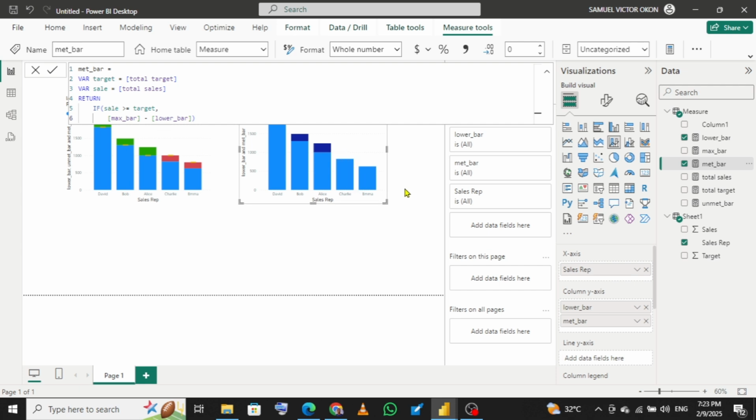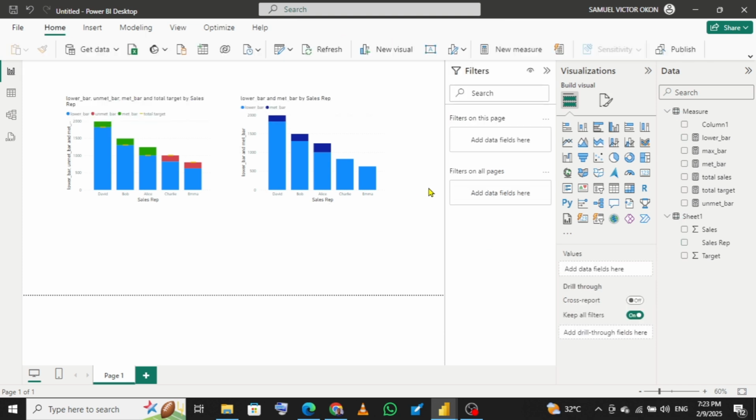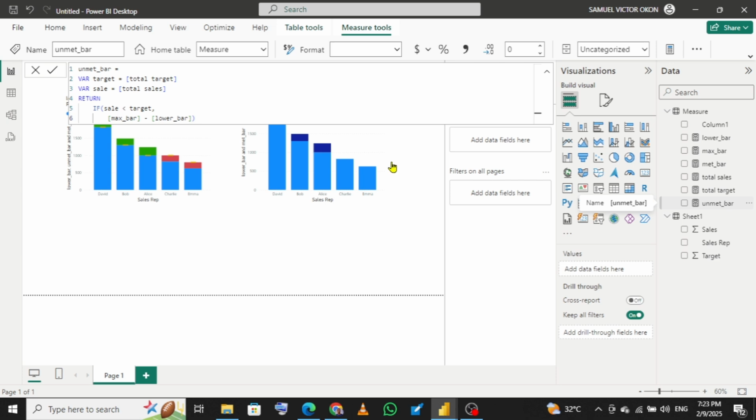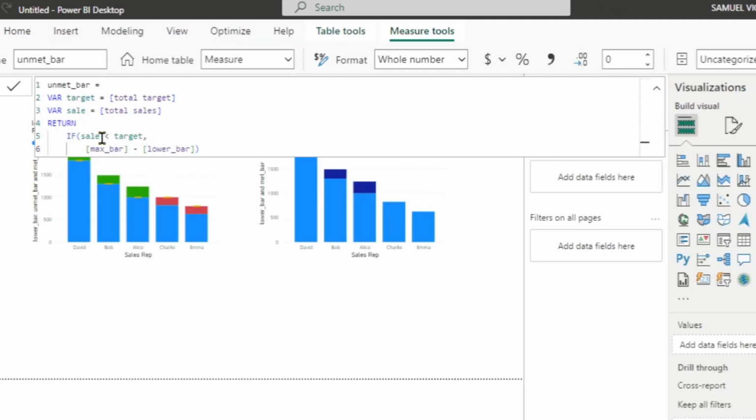So now let's move on to the next one, which is the unmet bar. Once I select this unmet bar, you can see if sales is lesser than targets, meaning these are people that did not meet their targets, we're going to have our max bar subtracted from our lower bar. So